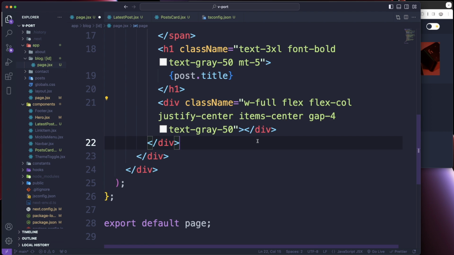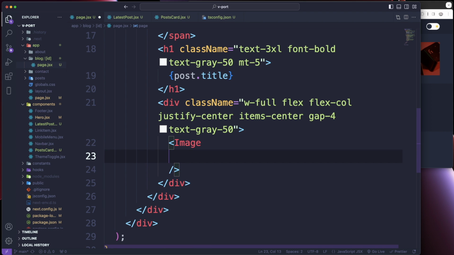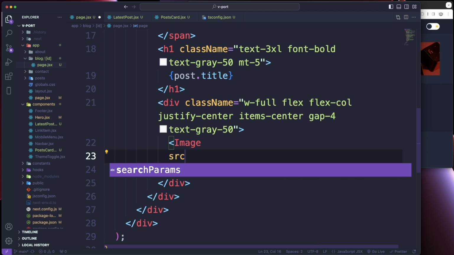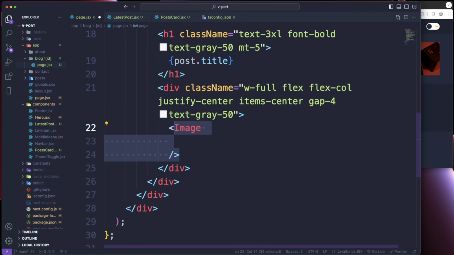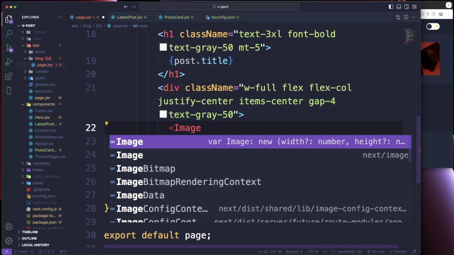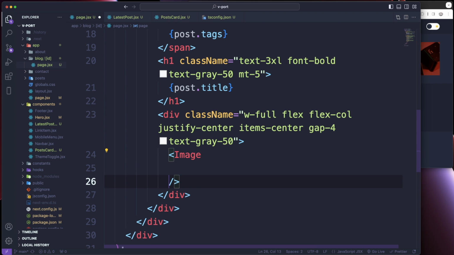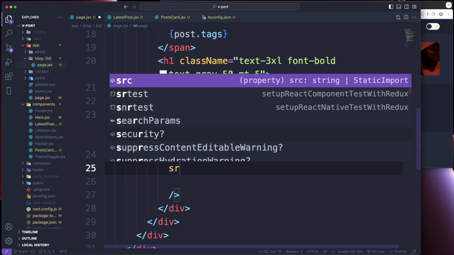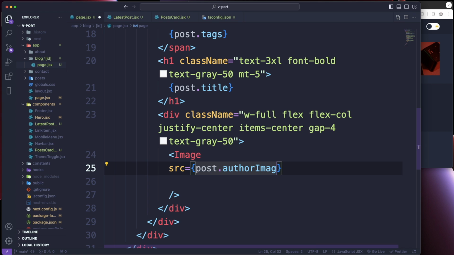All right. And in here, we're going to have our image. All right, and the SRC is going to be, oh, did we import it? Oh, we didn't, that's why. Let's go import it. Image from Next. All right, so the SRC is going to be our post.author_image,